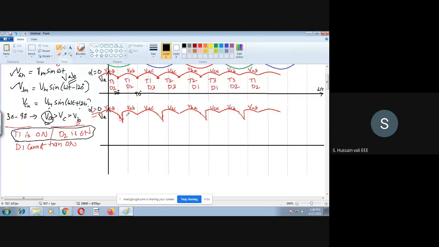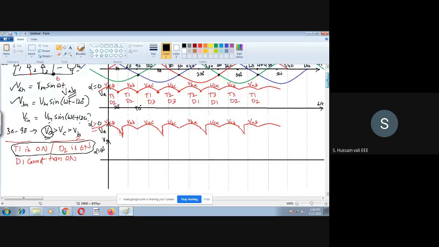Okay. So now I am taking here VA for alpha is equal to 60 degrees exactly. So in that case, what will happen? We'll see now. So nothing, just this delay which is there here, it will extend. This delay will be extended. So now you see here, this delay is there, that is alpha I have taken greater than 0, you can take 10 or 20 degrees. But if I take alpha is equal to 60, I will just show you how.